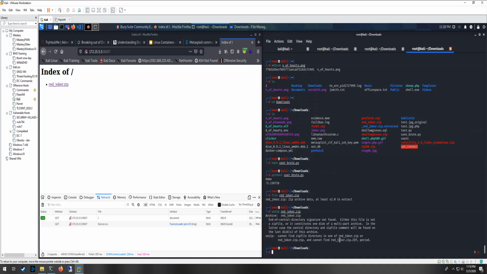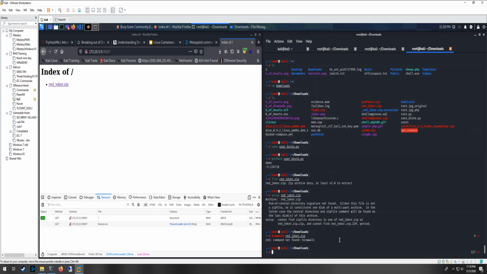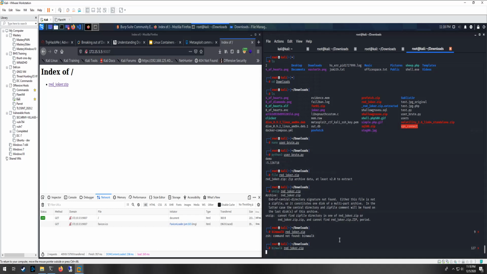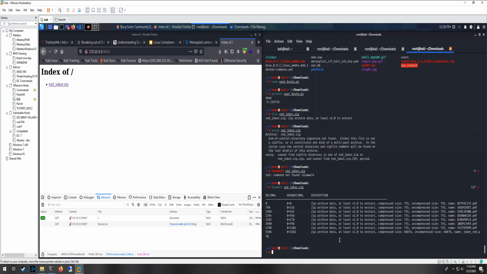And I just kind of was like, okay, well, what if I just use binwalk? And so I checked with binwalk. Oh, there's an extra W in there. You can see that there is a bunch of stuff in there, including a PNG Red Joker. So I went ahead and just used the -e. And it went ahead and